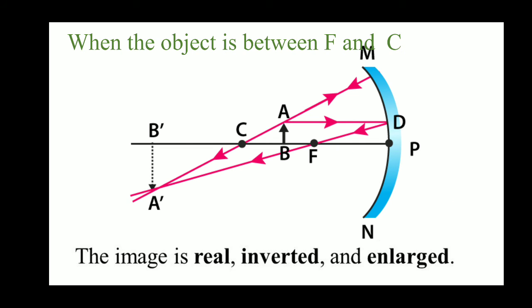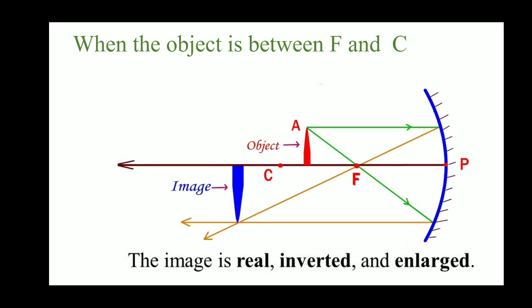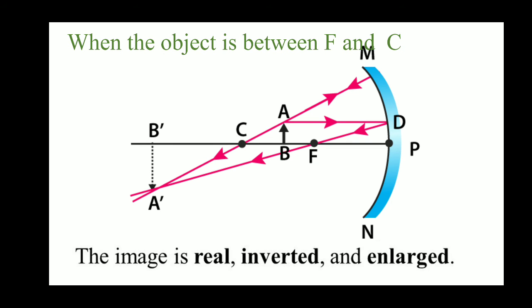So the same thing is shown with another diagram. Here I have taken two rays. One is parallel to the principal axis, the second ray is passing through the focus. But here I have taken one parallel to the principal axis, the first ray, and the second ray I considered passing through the center of curvature. This is the incident ray and this is the reflected ray. Any manner you can take it. But now see, AB is the object, A dash B dash is the image. Is the image due to two reflected rays? Is it inverted? See the size of AB and A dash B dash. It is enlarged. So the image is real, inverted and enlarged.